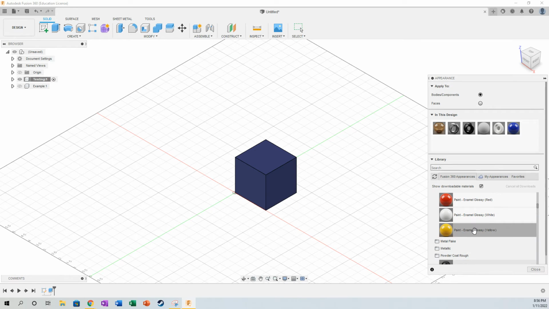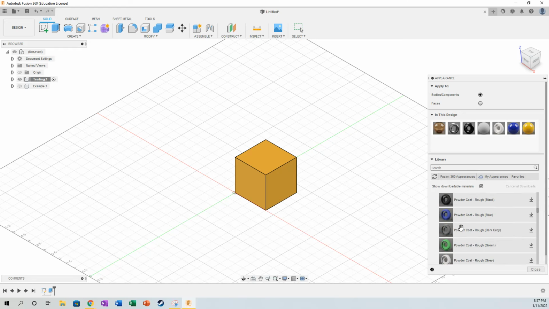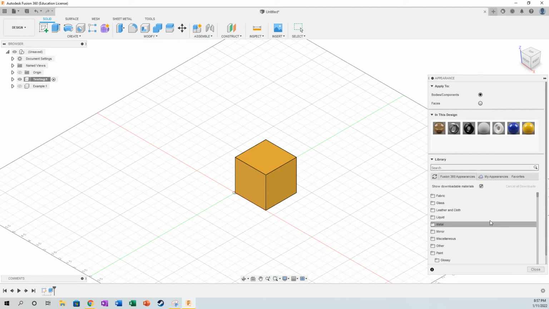Let's say, no, that wasn't it. Let's turn it yellow. Okay, same thing. I click the yellow, grab it, drag it, drop it. Okay. So there are all these different colors and materials that you can actually load in and see that. Okay. So this is how you can